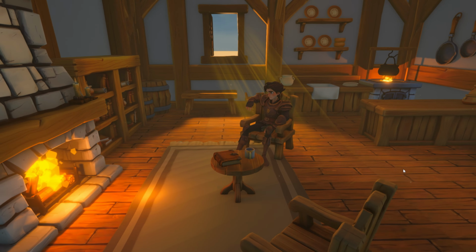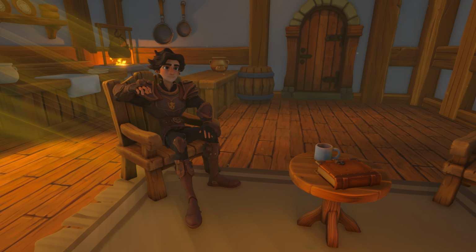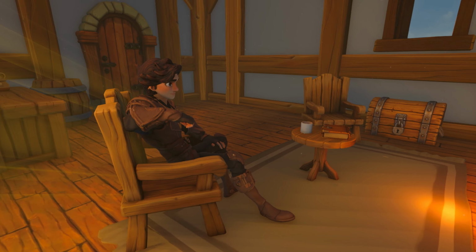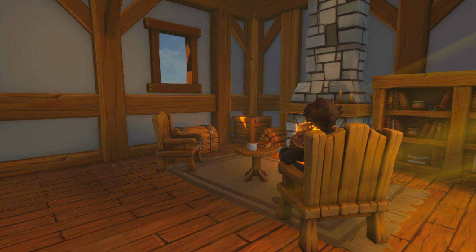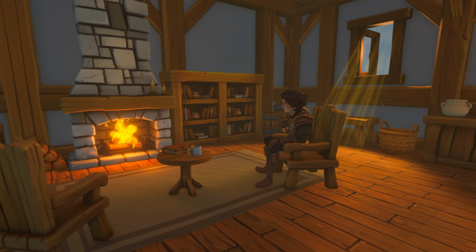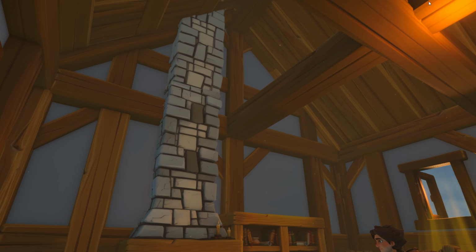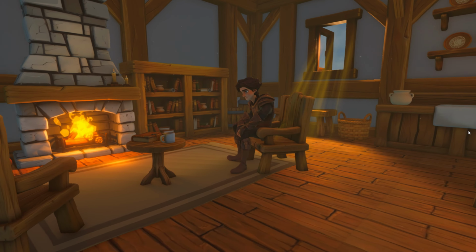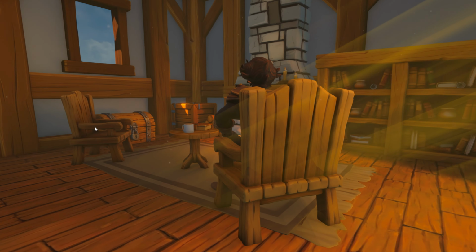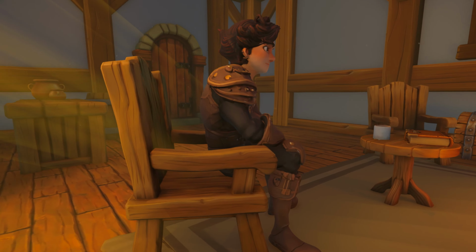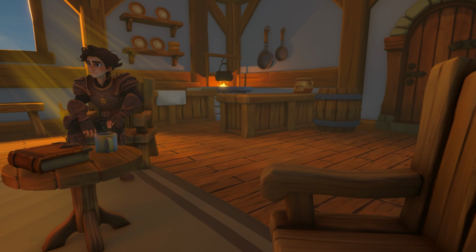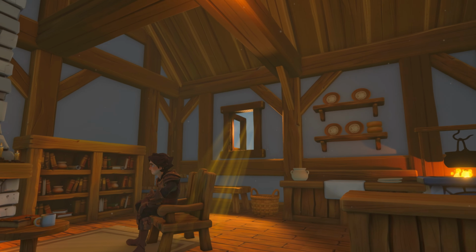There's something magic about spaces like this: a quiet cottage, a warm fire, the feeling that someone actually lives here. And the craziest part? Every chair, every book, every wooden beam in this room started as nothing more than a sentence, a prompt. In this video, I'm going to show you exactly how I turned simple text prompts into the full interior of this stylized medieval home, from concept art to 3D models to a fully lit and animated Unity